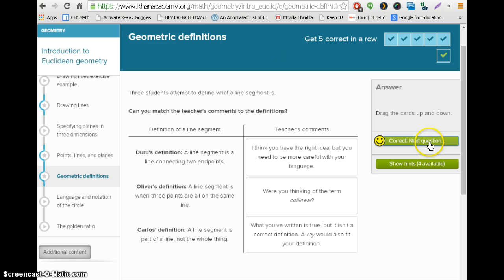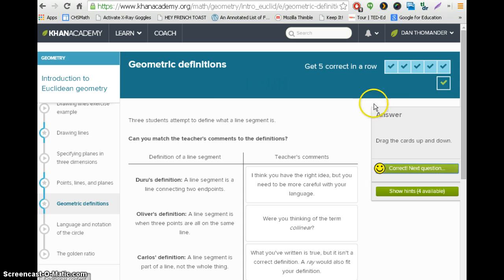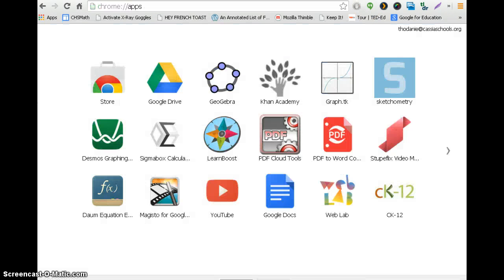Okay, the next thing we're going to do is when you have this done correctly, you need to document it and publish it in your LiveBinder, and you're going to do that by a screenshot. So we're going to go here. Let me show you how you get into your